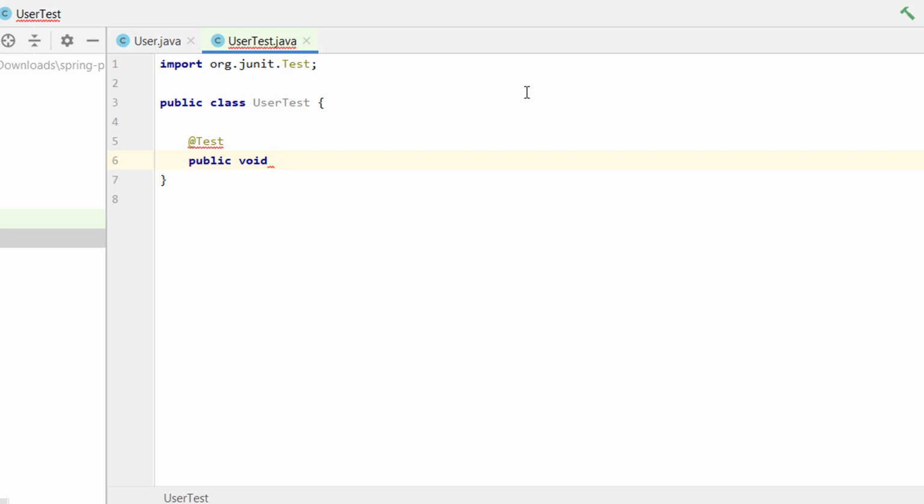Don't worry about the public or private thing. I'm not following the proper public or private convention, I'm just writing some test cases. So then public void test user with name.